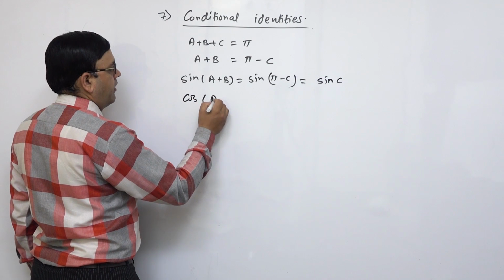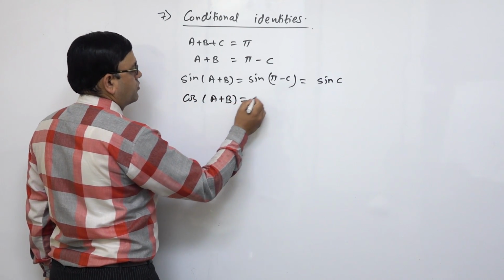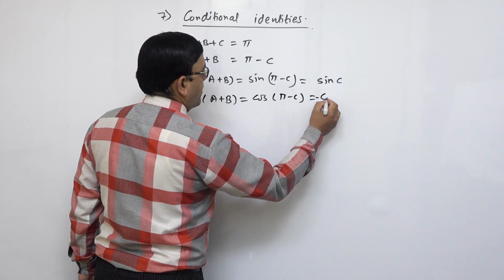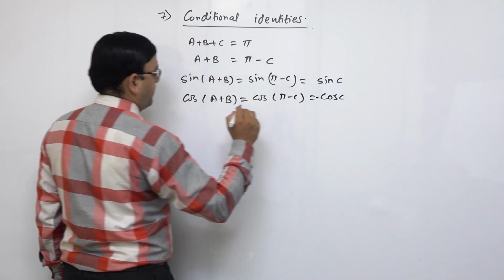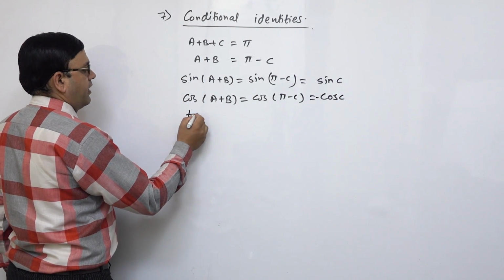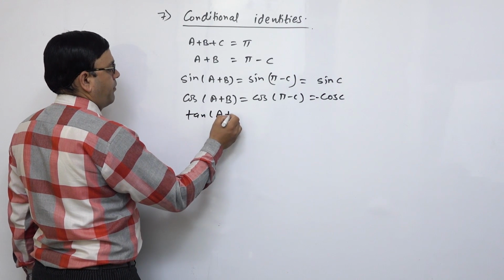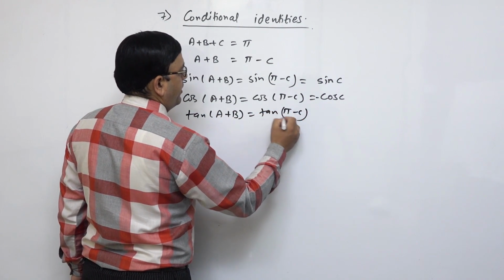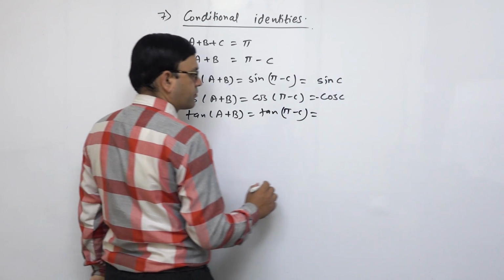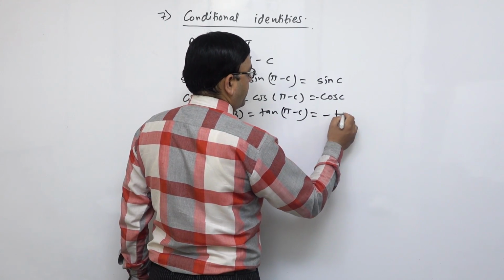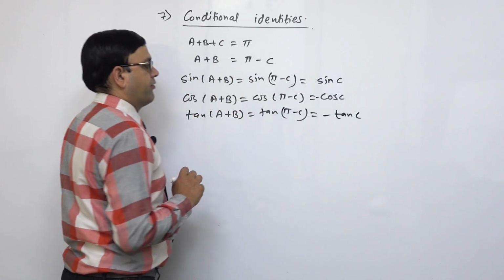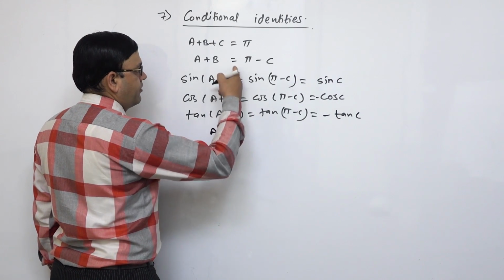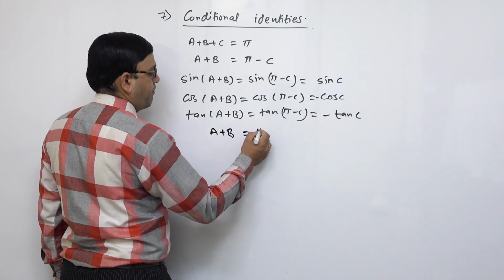Similarly, cos A plus B is equals to cos pi minus C, that one is minus cos C. Similarly, tan A plus B is equals to tan pi minus C is equals to minus tan C हुन्छ।